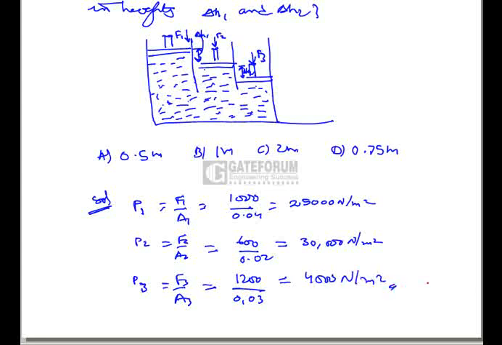So these are the three pressures acting on the three pistons. But by using manometry we can write the pressure acting on the second piston as P2 is equal to P1 plus rho g del H1. In the same way, it is equal to P3 minus rho g del H2. Here P3 is equal to rho g H2 plus P2, or P2 is equal to P1 plus rho g H1. So the same we have written here, and from these two equations we can get